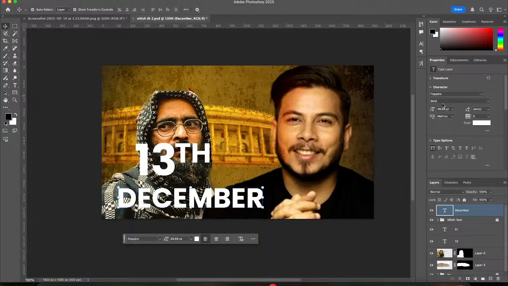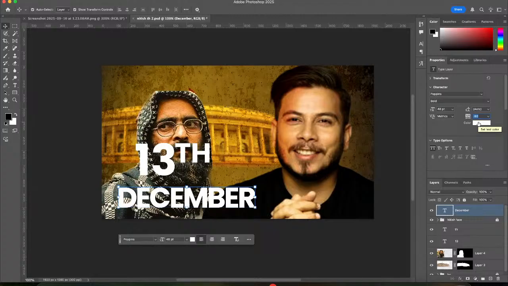Okay. And font size, let's make this 48, and decrease the space between the letters so it looks compressed. Like this. Now in the color